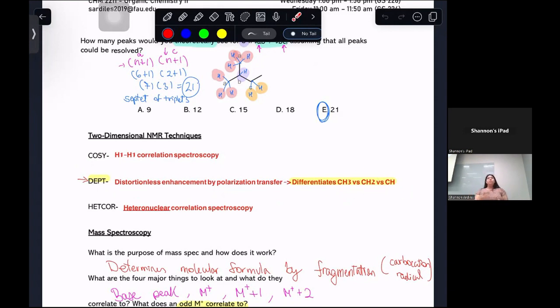So with CNMR, you have to figure out what kind of carbon connections you have. But for that, that's provided for you. Okay. So yeah, I feel like that would be